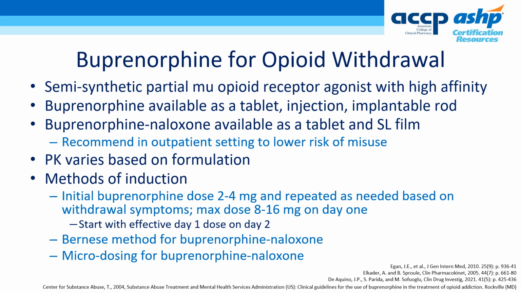To address this, some are adopting a microdosing approach called the Bernese method. Microdosing involves prescribing buprenorphine naloxone in a small initial dose with incremental increases to both the dose and frequency over time. At the same time, the patient continues to use opioids, either prescribed or illicit, until a therapeutic dose of buprenorphine has been achieved. The thought is that repetitive administration of very small buprenorphine doses with sufficiently long dosing intervals should not precipitate opioid withdrawal, and because of the long receptor binding time, buprenorphine will accumulate at the receptors and slowly replace the full opioid agonist.